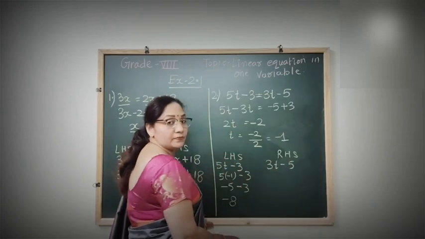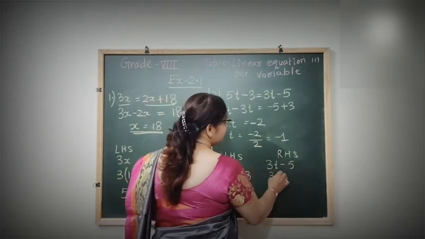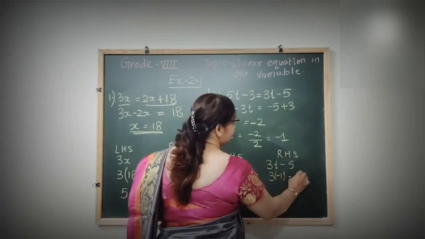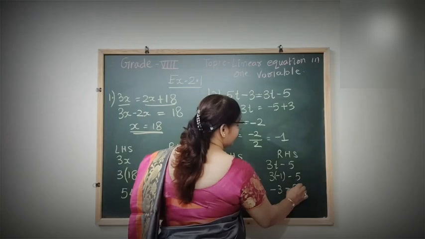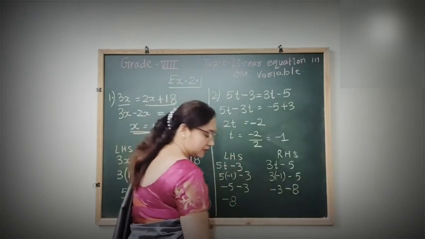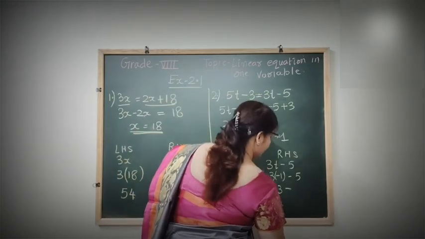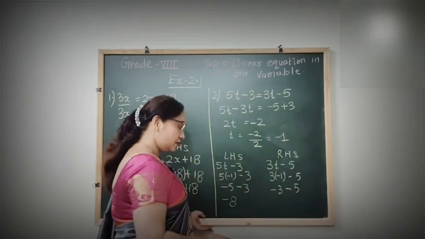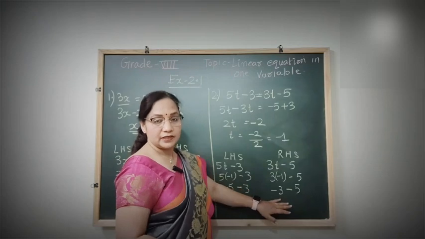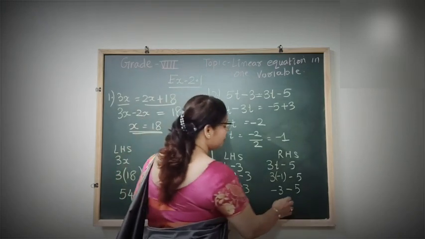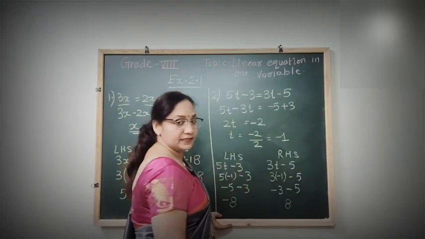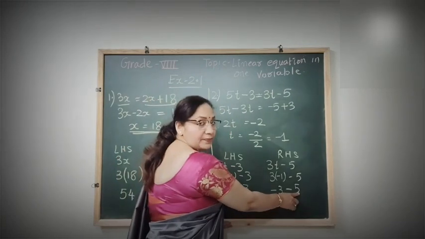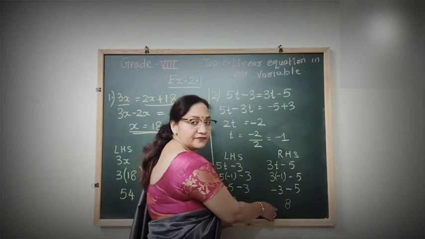RHS. So it is t minus 5. The value of t here is minus 1. So substitute the value of t: minus 5, minus 3, minus 5. The same concept comes, it's minus 5. Same concept comes here. You have two similar signs, so we will add the numbers. So the answer will be 8. 5 plus 3 is 8, but 5 being a bigger number carrying a negative sign, the answer will also carry the negative sign.